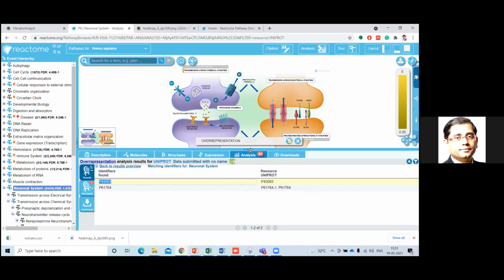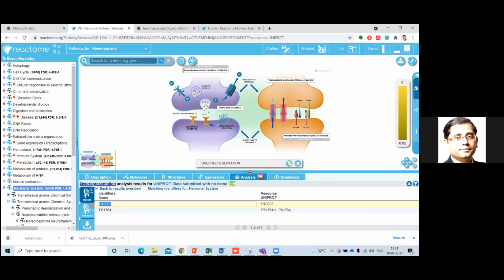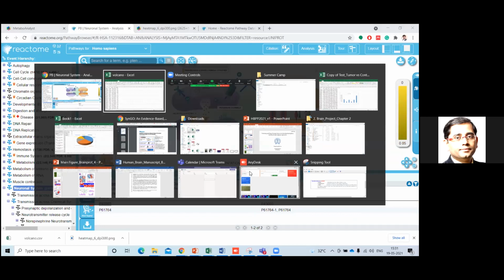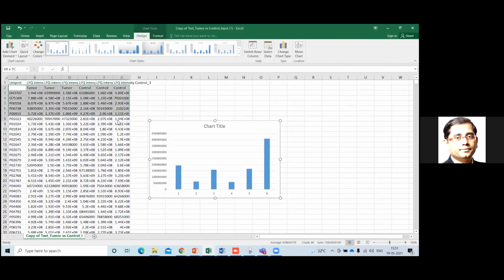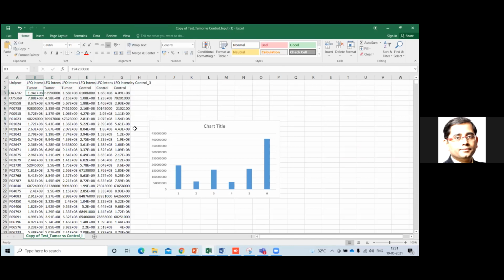It's not something biological I'm telling, but I'm making you understand how to link data you don't have any idea about. This was the data from where we started. We didn't have any idea what this was, or what these numbers were. Finally, we used meta-analysis to understand how this data looks, which proteins are significant, and have fold change.